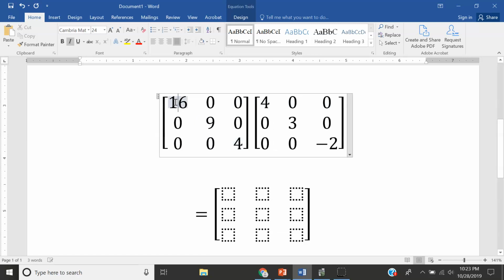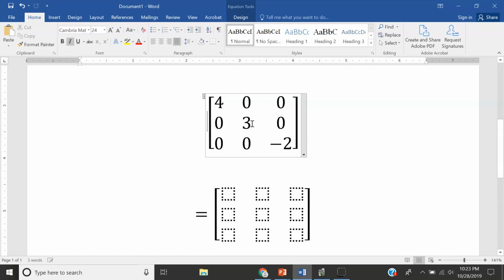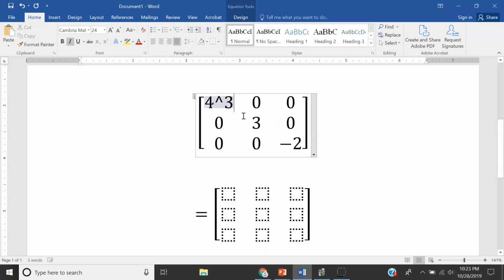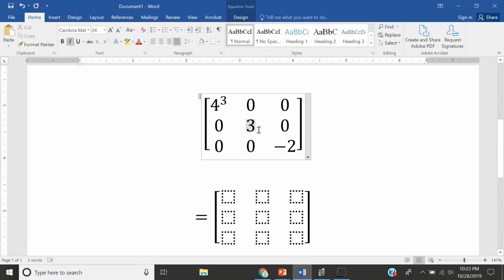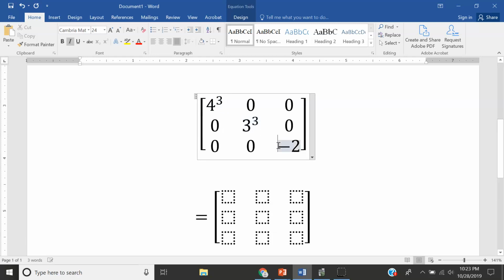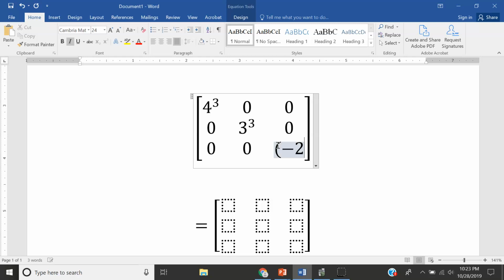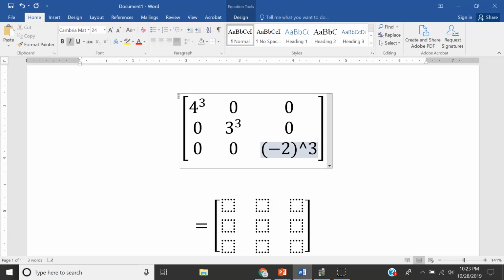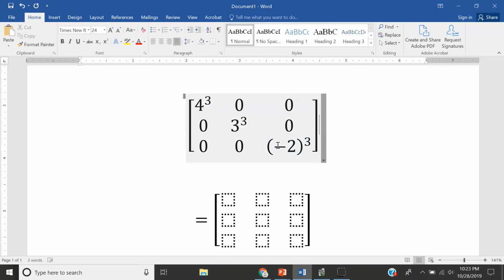Or, in other words, this is 4 squared, 3 squared, negative 2 squared on the diagonal entries. If you do that a second time, you're just going to end up with 4 to the third, 3 to the third, and negative 2 to the third